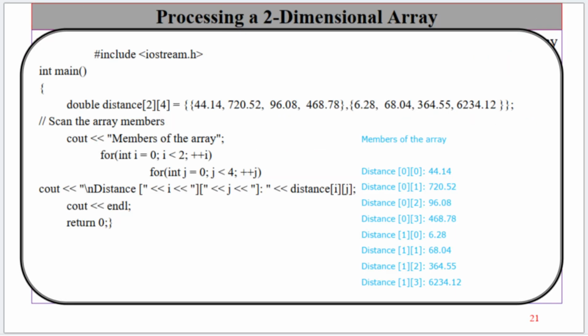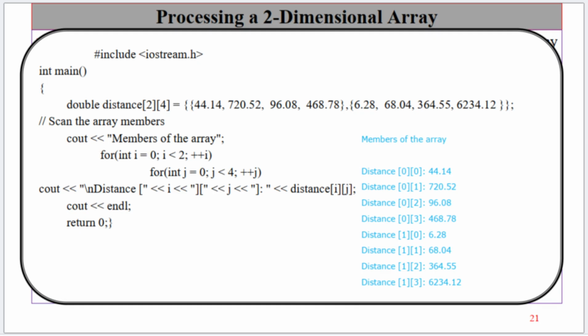20. Processing a two-dimensional array. To scan a two-dimensional array, you should know how many columns the array contains. #include <iostream.h> int main() You can use two for loops to navigate the array. Same example: double distance[2][4] = {44.14, 720.52, 96.08, 468.78, 6.28, 68.04, 364.55, 6234.12}; // scan the array members for (int i = 0; i < 2; i++) { for (int j = 0; j < 4; j++) { cout << "\n distance[" << i << "][" << j << "] = " << distance[i][j]; } }